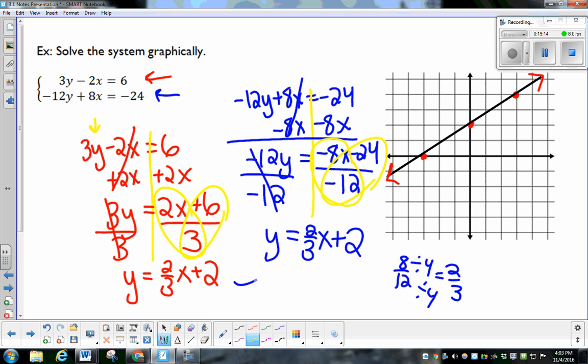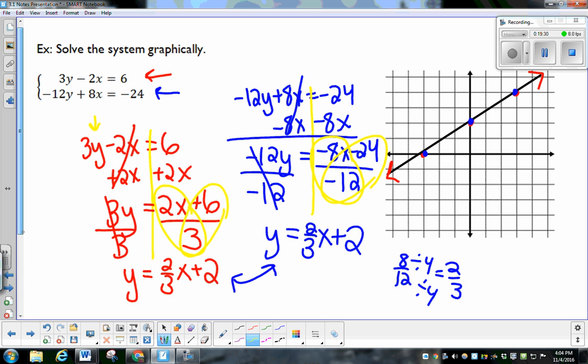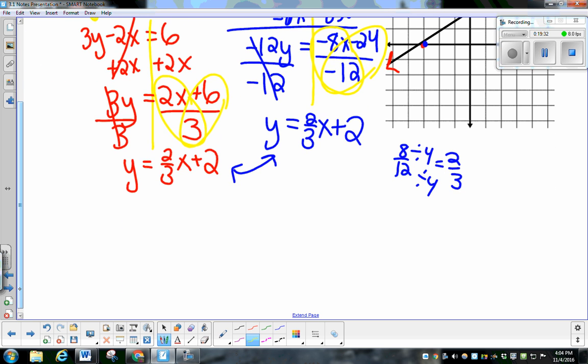Look at these two equations. They're exactly the same, right? If I graph this blue one, it's going to be y-intercept of 2, rise 2, run 3, or down 2, left 3. They look exactly the same. They're right on top of each other. So here's what happens in this situation. If graphs are exactly the same,